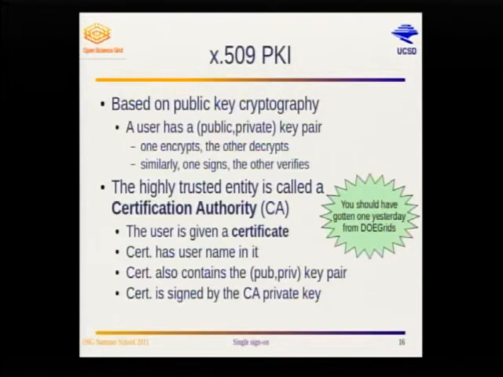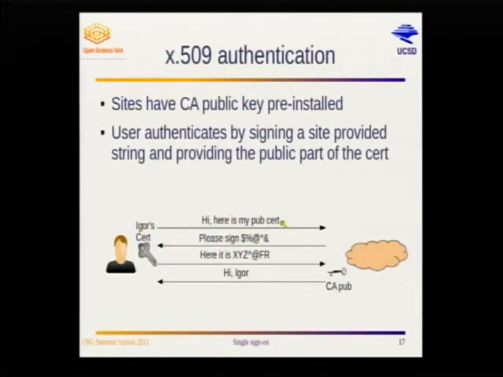Like when you have a driver's license, you have these funny pictures on it that the cops look at with ultraviolet light. The CA signature is the equivalent of that. So nobody can fake it. You actually need to get it from the trusted certificate authority. And yesterday you had gotten a certificate from DOE Grids. So DOE Grids is the CA, and you got a certificate that was exactly this. You had to use it today partially, and we'll go into a little bit more detail with that.